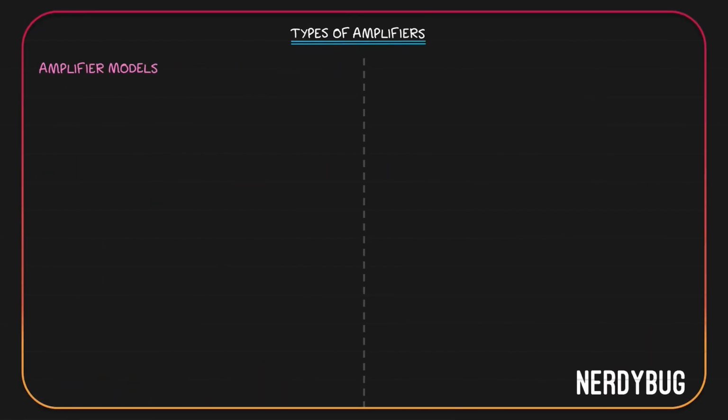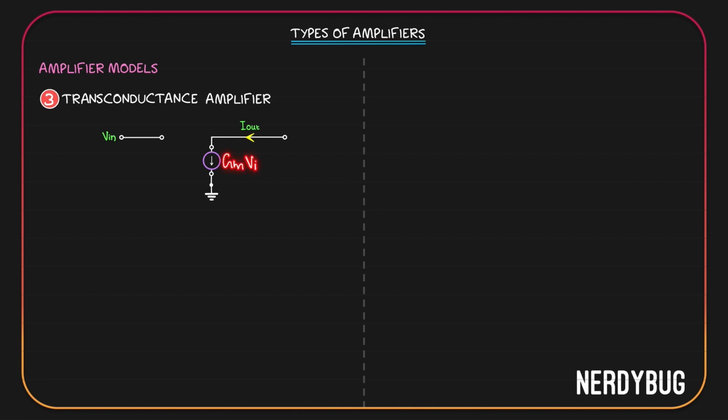Let us now take the third amplifier, transconductance amplifier. It senses voltage and returns current. The model will look like this. We called its gain Gm. So output will be Gm multiplied by input voltage. Now, does it really have infinite input impedance and infinite output impedance? We don't have to analyze the input impedance part because what we have on the input stage is exactly the same as what we have for the voltage amplifier. So input impedance is infinite.